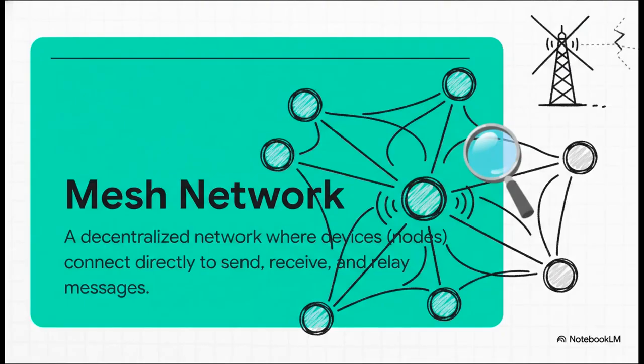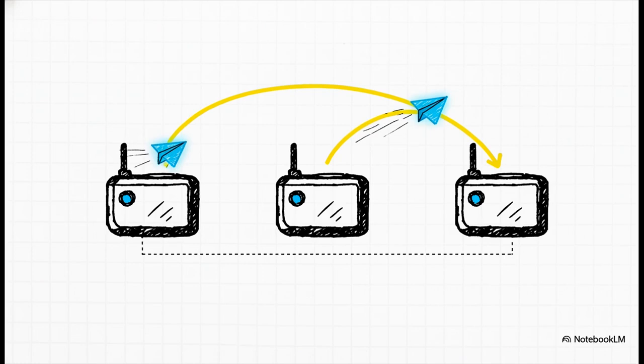Okay, so what is a mesh network? It's pretty cool, actually. It's a totally decentralized network. See, your cell phone has to talk to a central tower, but with a mesh network, every single device, we call them nodes, can talk directly to each other, no middleman needed. And here's where it gets really smart. The slide calls it a digital bucket brigade, and that's the perfect way to think about it. If one device is too far away to hear you, any other devices in between will automatically grab your message and pass it along. This hopping from node to node means the network can stretch over massive distances, way further than just one little radio could ever reach on its own.